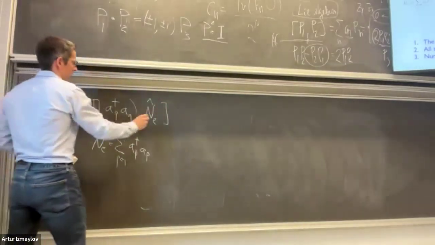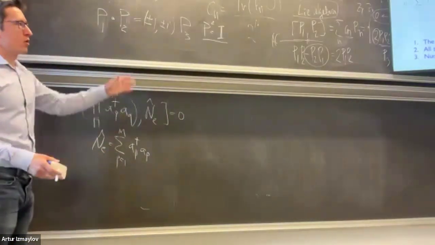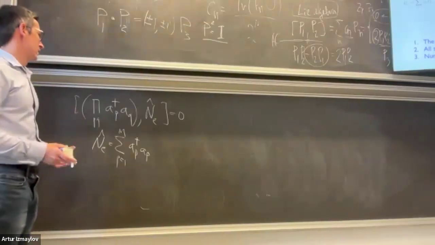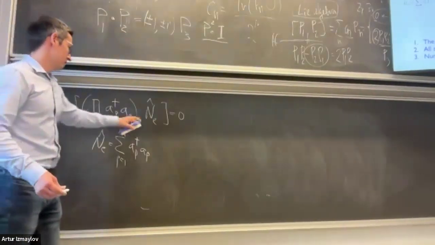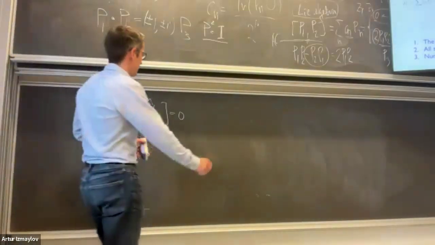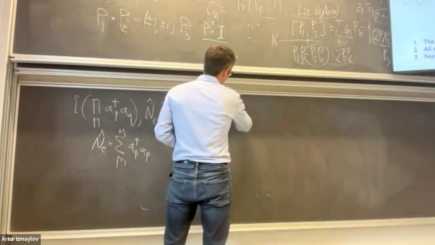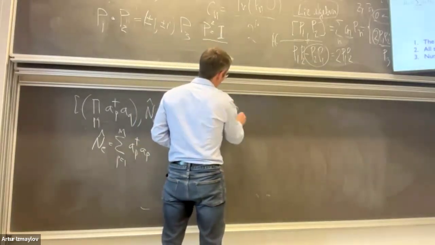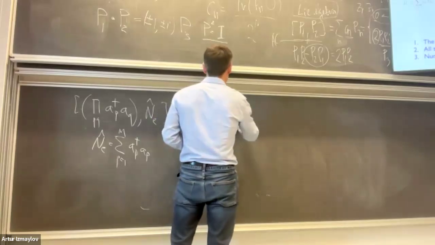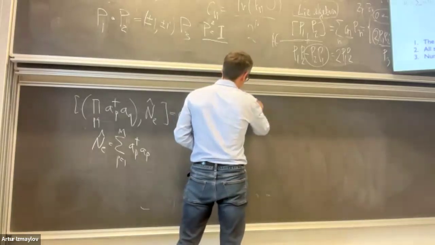So we have this nice relation: no matter what part of the Hamiltonian we take, we have a conservation of the number of electrons. And this is not true anymore for a general Pauli. We could easily find Paulis that will not commute with